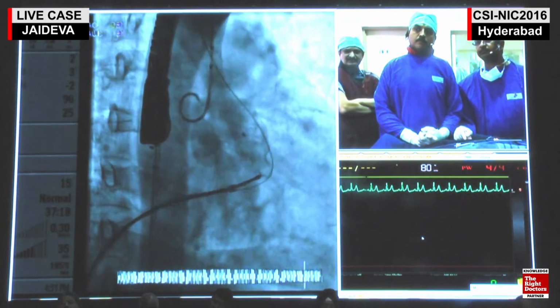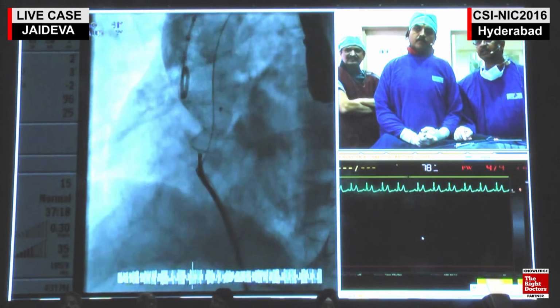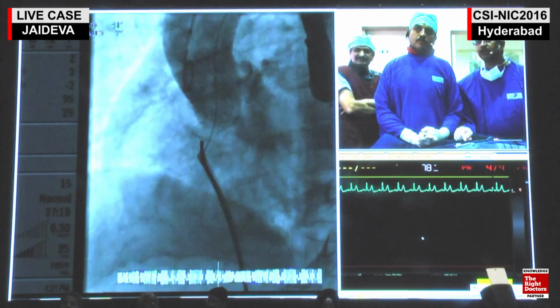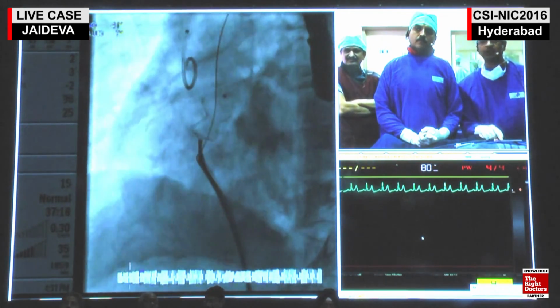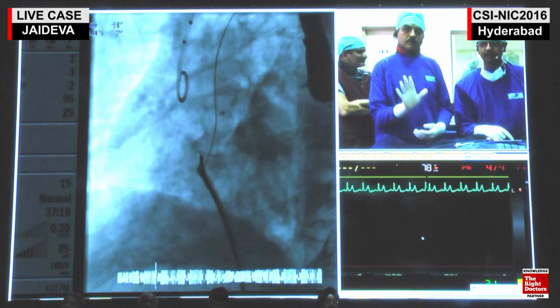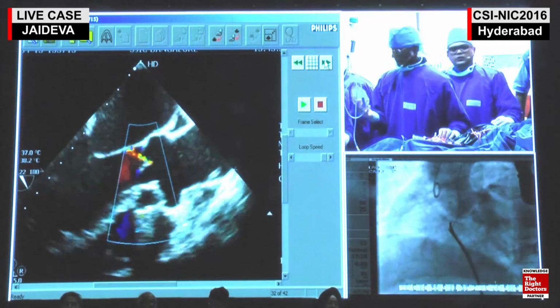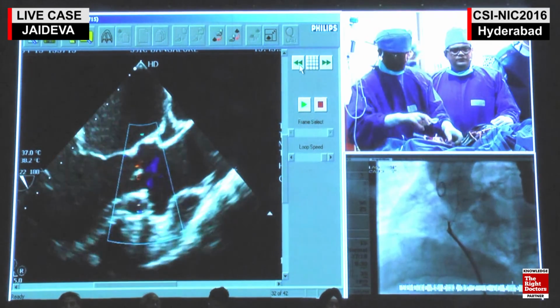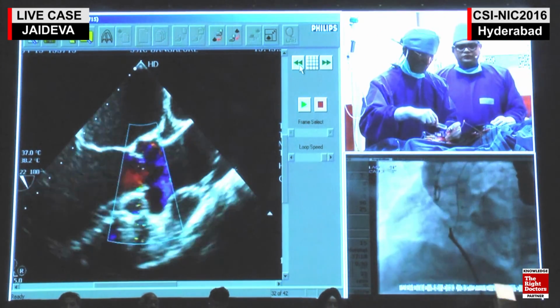Next. This is in the LA, it looks like this. We're quite happy on the transesophageal echocardiography. It was buttressing the aortic. Can you show the echocardiography now? Show the echo. It is sitting well. Are you seeing the device?